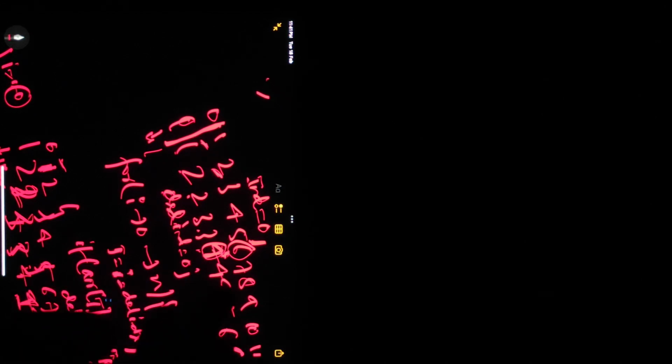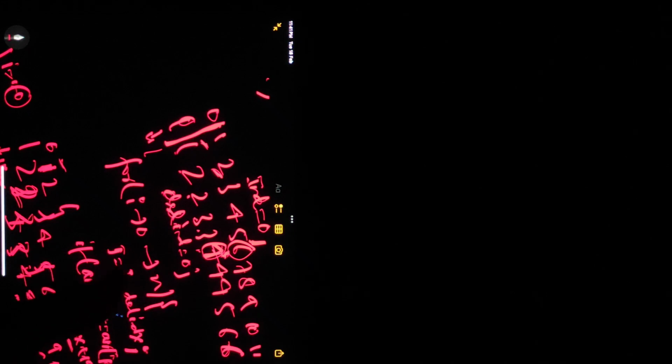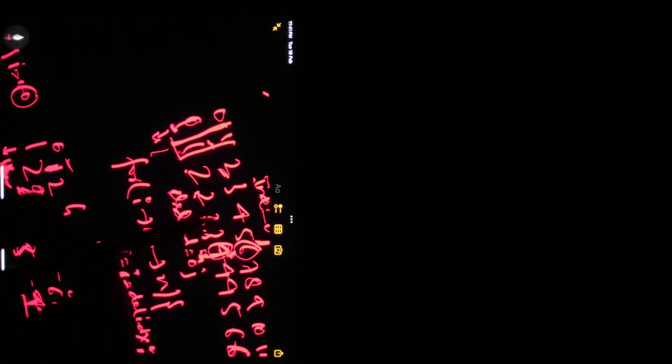If I subtract that count from the index, it will be the new index. See, I have deleted 1 from the array. So what is the new index? First 4 was at index 6. If I delete this, then 0, 1, 2, 3, 4, 5. Like it is decremented by one place, and assume I deleted 1 again, index 4 was index 6, but what new index has it got? 0, 1, 2, 3, 4. If I deleted 2 elements, the index is decremented by 2. If I deleted 3 elements, the index is decremented by 3. First it was 3, now 0, 1, 2, 3.